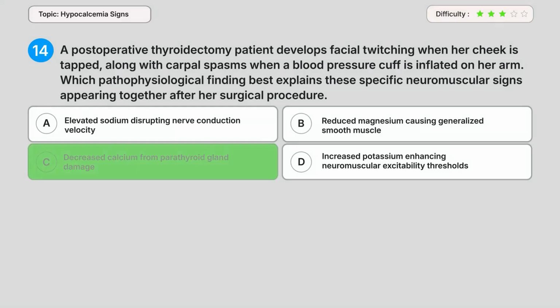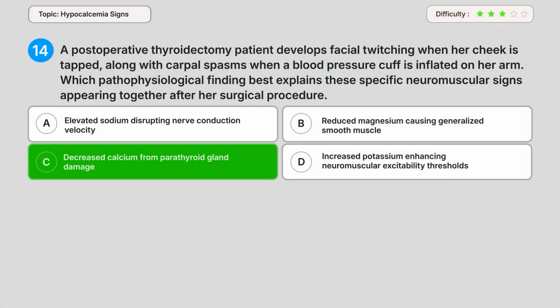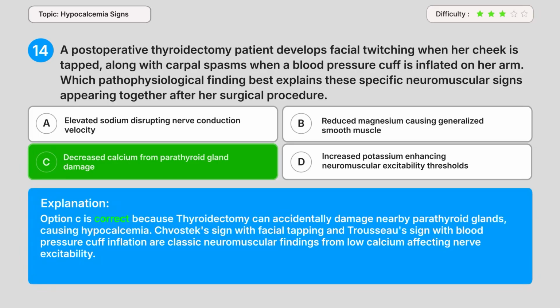Correct answer, C. Decreased calcium from parathyroid gland damage. Thyroidectomy can accidentally damage nearby parathyroid glands, causing hypocalcemia. Chvostek's sign with facial tapping and Trousseau's sign with blood pressure cuff inflation are classic neuromuscular findings from low calcium